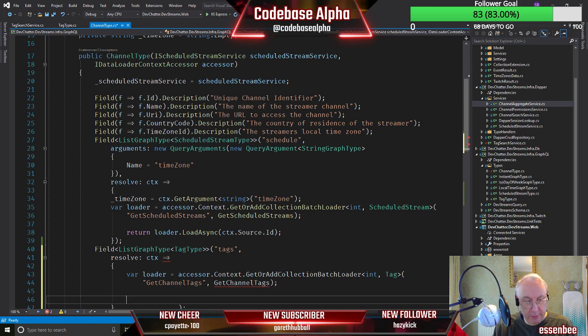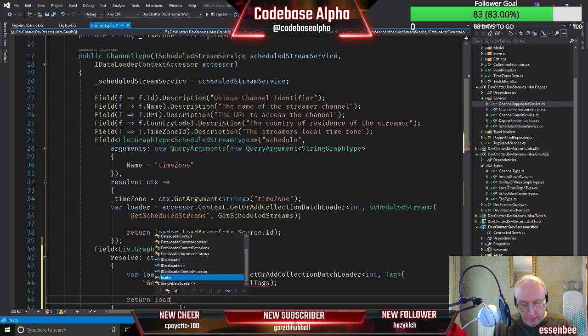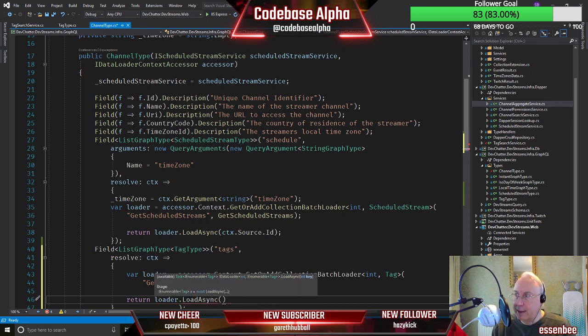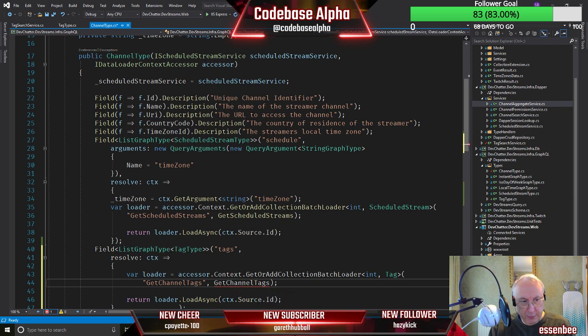And then we just need to simply return on the loader. There's a load async, and we're going to pass in the channel ID, which is on the context. It's from the source, so the thing that's being input, and there's an ID on there. Okay, so we just need to create this private method.